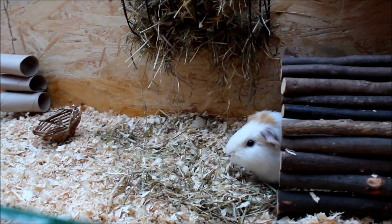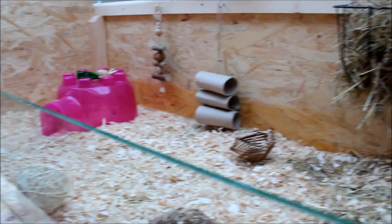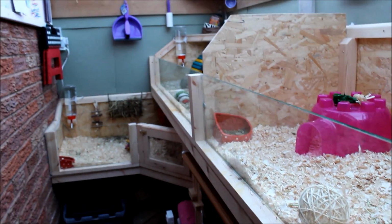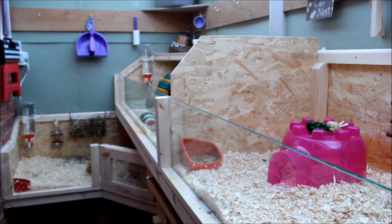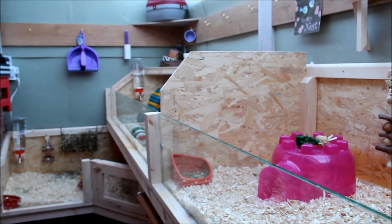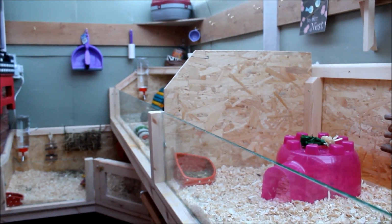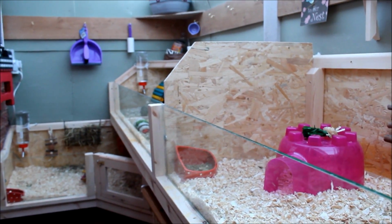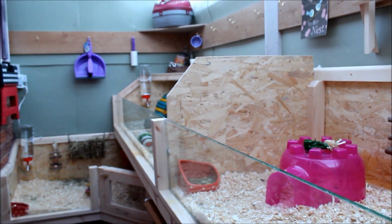They are so much bigger than the previous cages. Even though they were big, these are bigger, which is great, and I can't tell you how much I absolutely love them. So as I said at the beginning of the video, the cages actually took about 5 weeks to complete. We worked on them every weekend as well as a few nights after work and things like that,